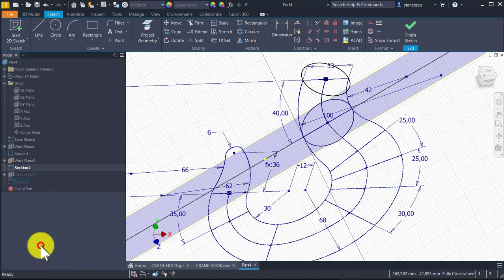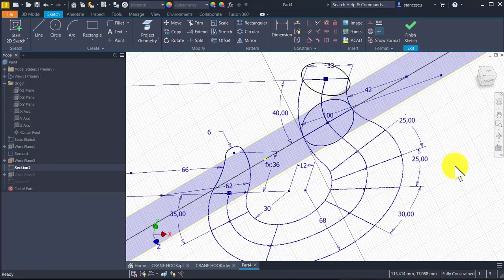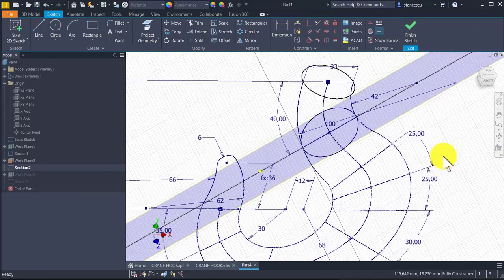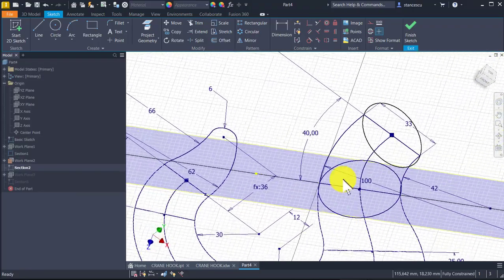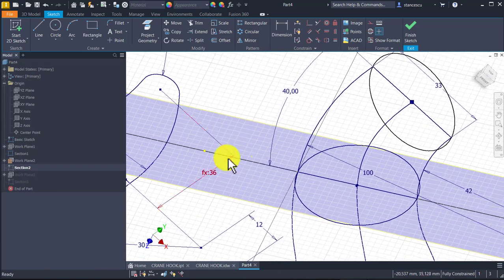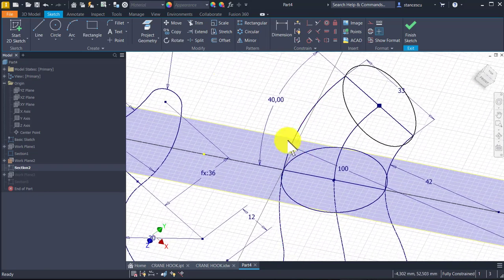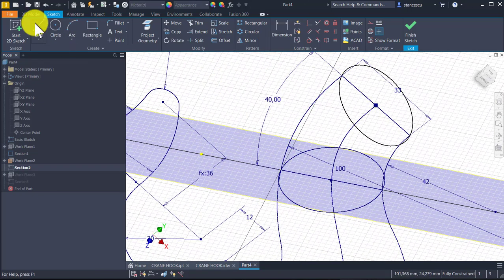Dimension visibility at least. Then I work in this plane with the circle. I draw two lines. This is the first